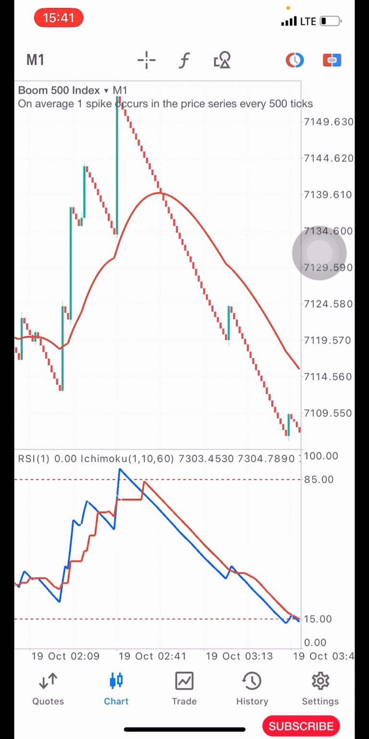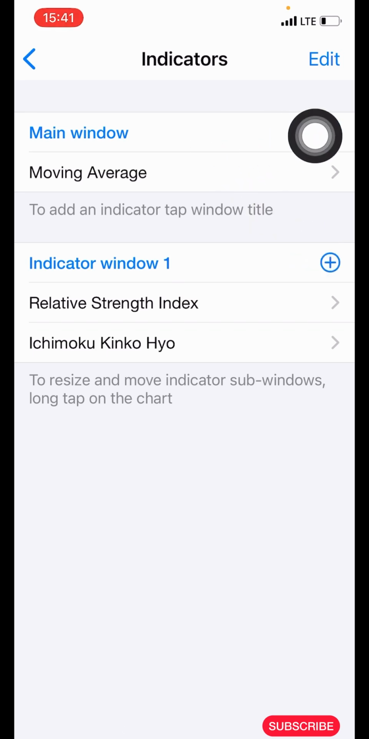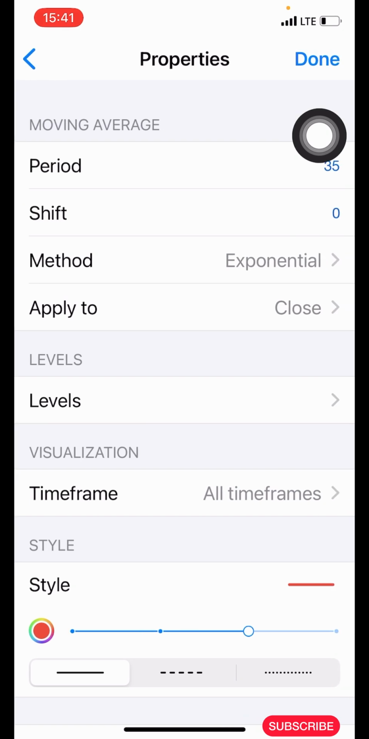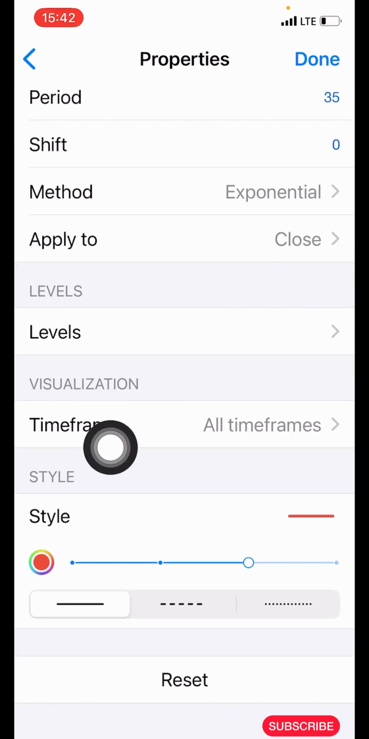Okay, so the first thing we have to do here is to click on this F icon. After clicking on that, we search for our first indicator, which is the moving average. Before you search for the moving average, you click on this plus icon, then you do your searching. So the period is 35, shift is 0, method is exponential, apply to is close. All right, the time frame, all time frame, the style, you make the color red, you use 3 pixel, and